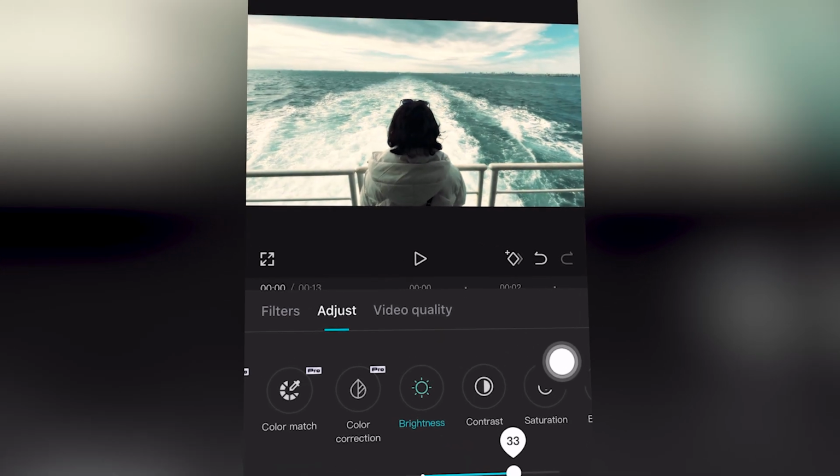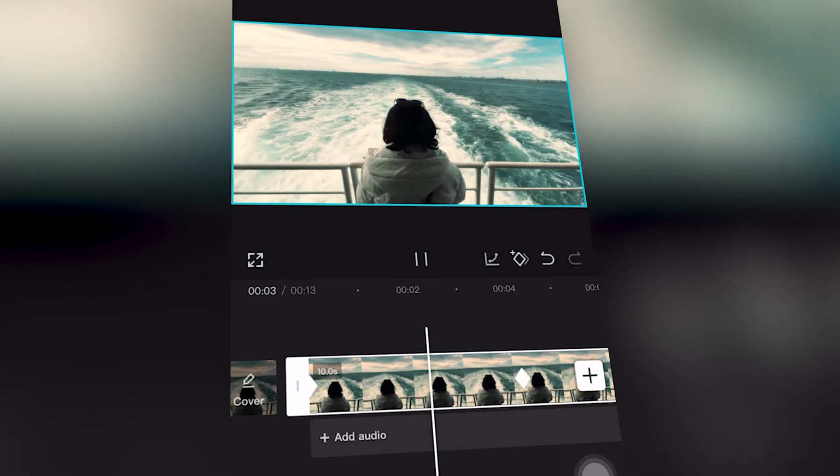First step to adjust brightness of video footage or video in Capcut mobile is to